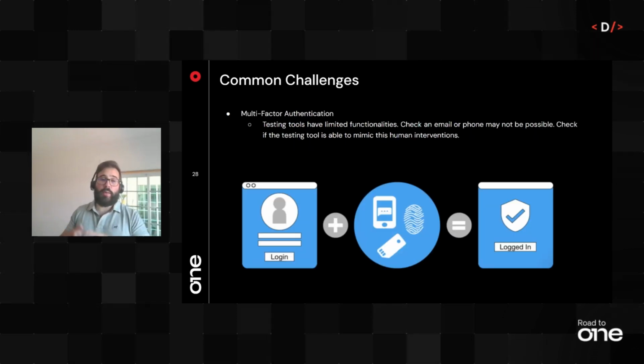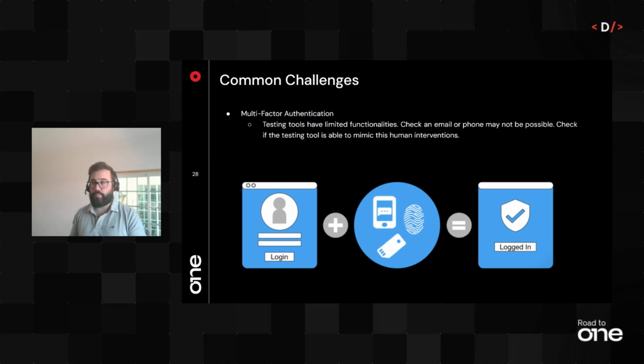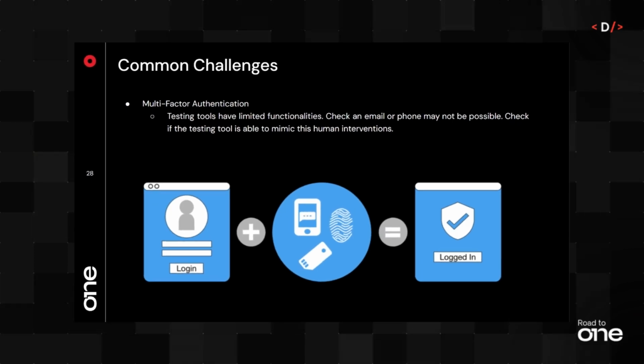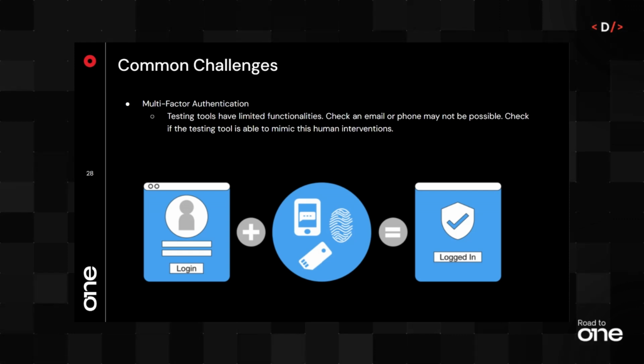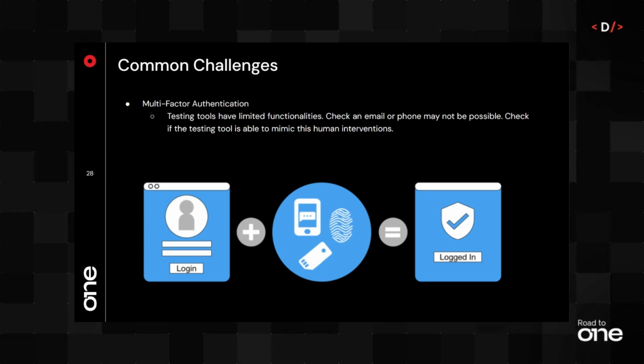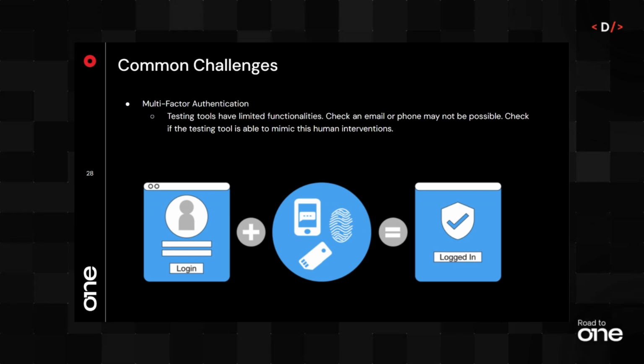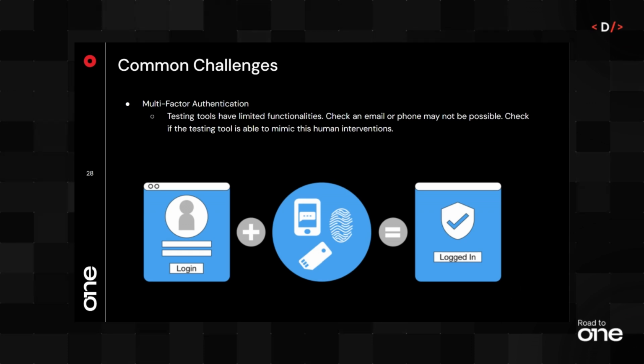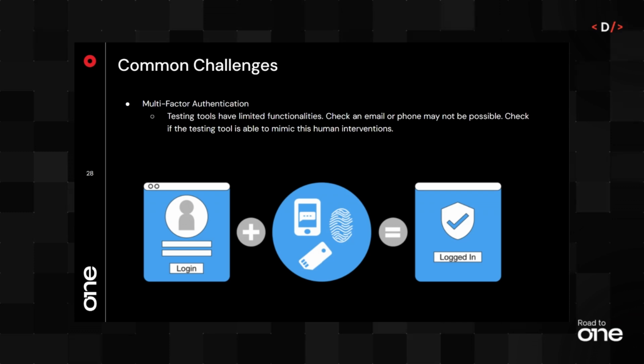And then any multi-factor authentication implementation or functionality that we might have in our application must be bypassed as well, due to the fact that the purpose is security and we are doing a load test with a machine, right? So the tool will not be able to do the second stage, or the other stages of the authentication. So we must bypass this in order for the tool to generate the load,